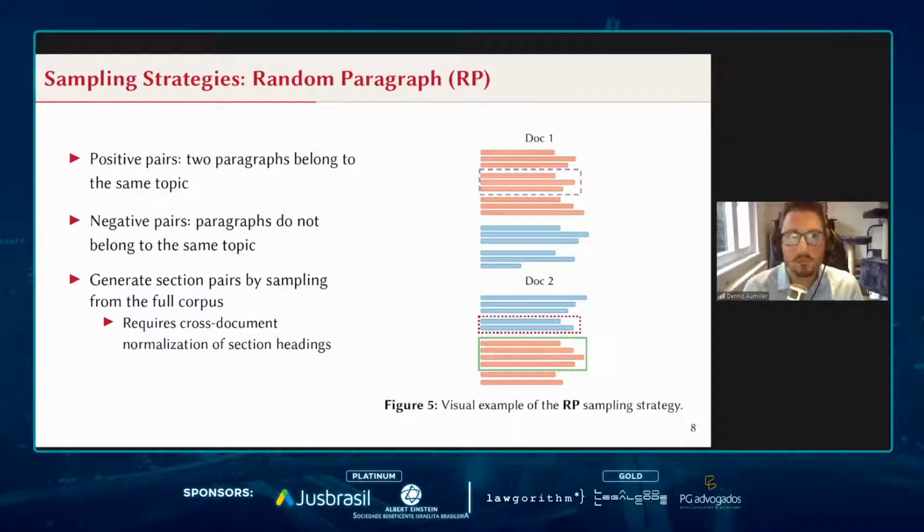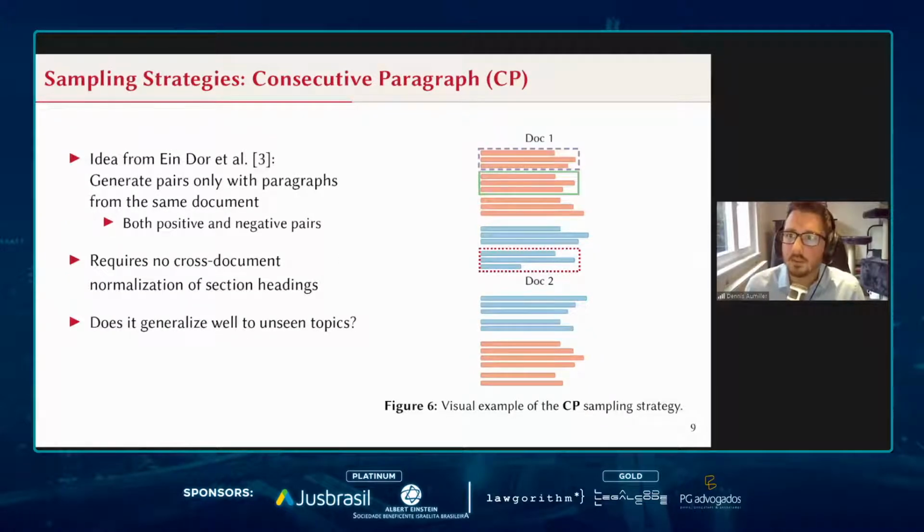The problem of this method is that it requires some cross-document normalization, where we basically have to normalize here and verify that these sections are actually the same across different documents. The improved strategy that we use is the so-called consecutive paragraph sampling. The name is slightly misleading, but essentially we restrict ourselves by just sampling from the same document, document 1 in this instance, where both positive and negative pairs have to come from within the same document, but however, still from either the same section or a different section. The main advantage is, again, that we now no longer require any cross-document normalization, which makes the annotation process for our initial training setup much, much easier.